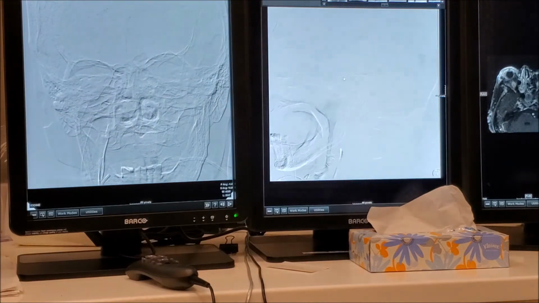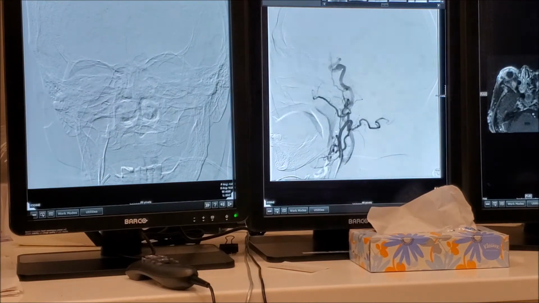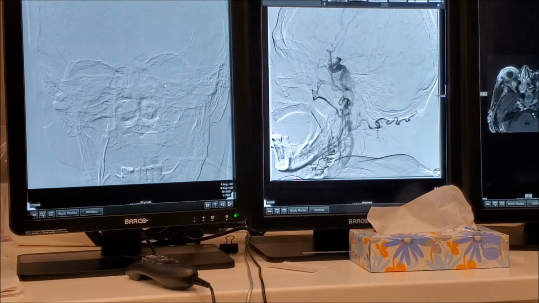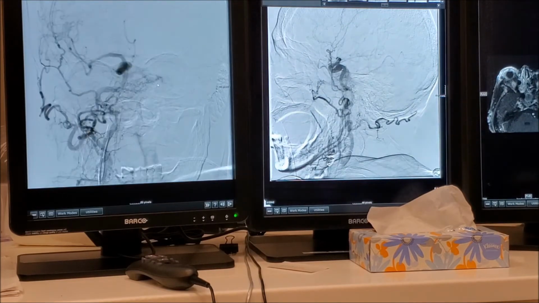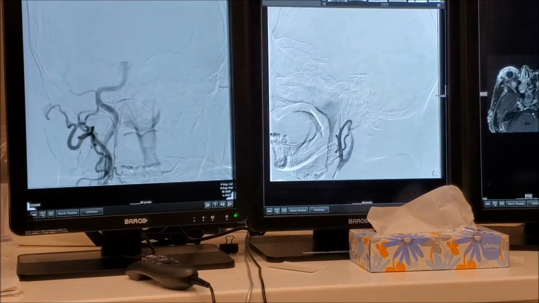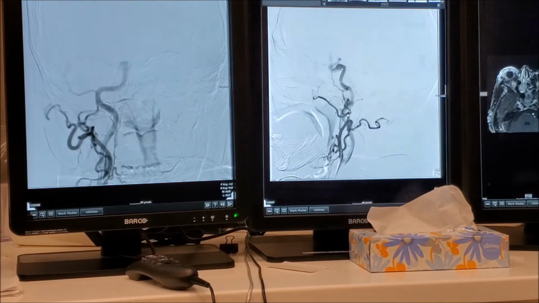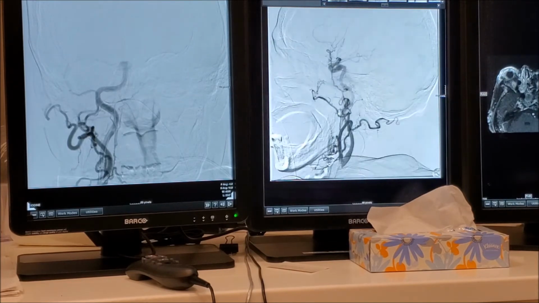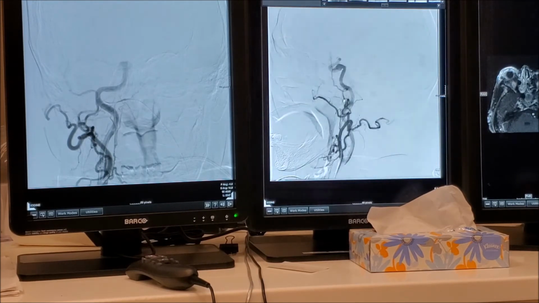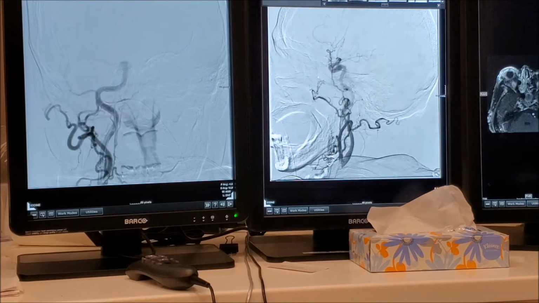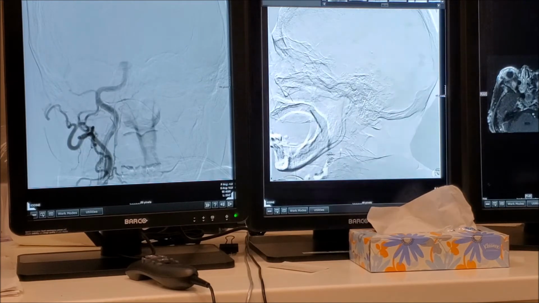Okay, let's see what this is. Here we see that. To see it better, what you need to do is advance this catheter, put it around here, and then inject a longer. You don't want reflux to the internal carotid to see it best. But now you see it better. Look, it's peculiar how it goes through the foramen spinosum. Most of the time it's straight like this. So anytime you see this, look also at the orbit. There are no orbital branches.